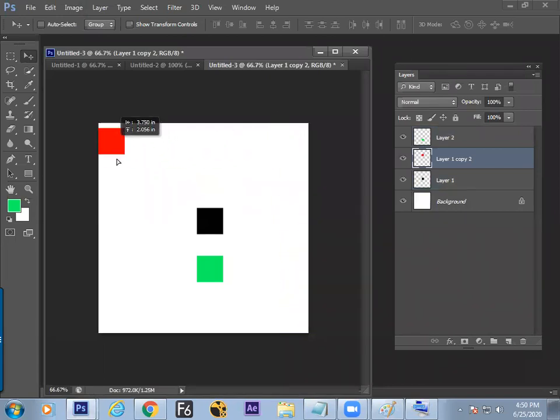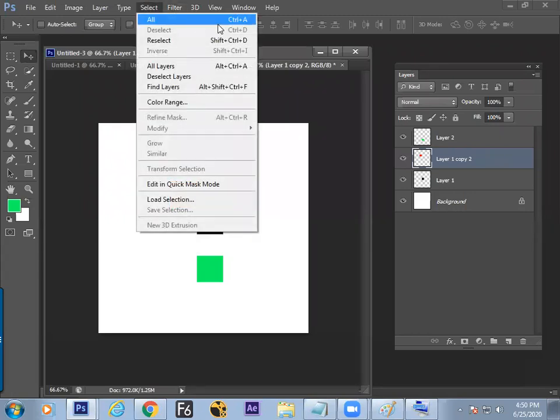Canvas does have places: top left, top right, down left, down right, left middle, right middle, top middle, down middle, and middle and middle. So this many places you can move this. How to move this? Step number 1, select the layer. Step number 2, select all the area of the canvas by the option called Control A.